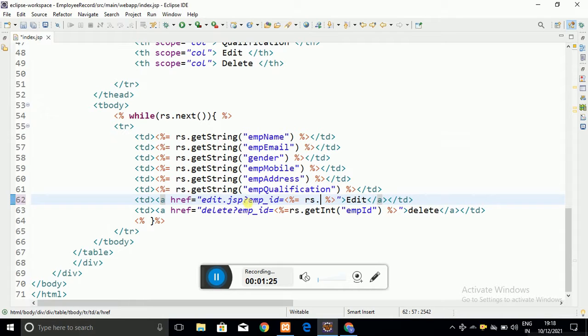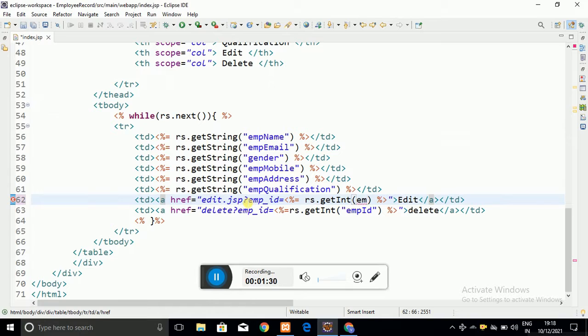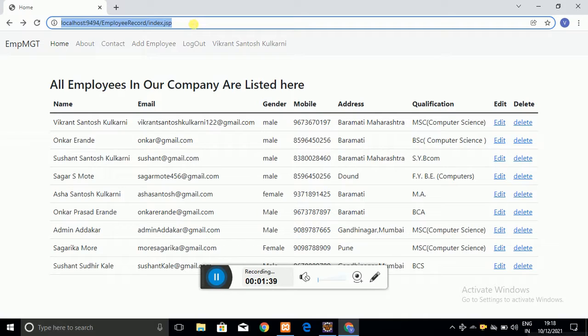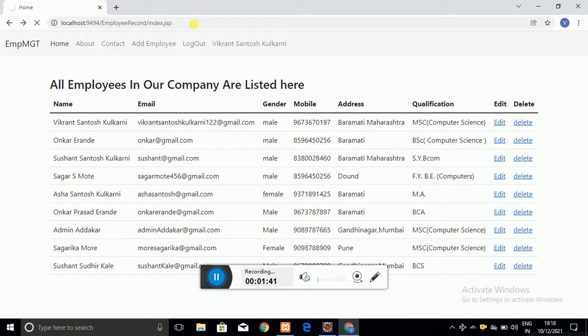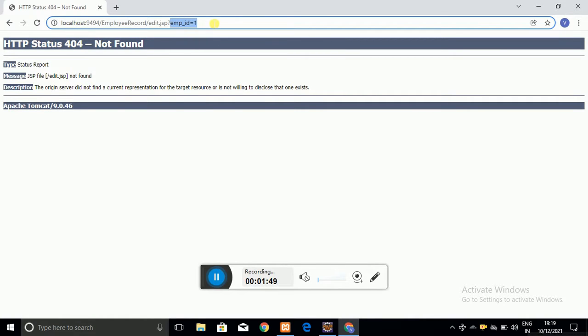So result set dot get string, get integer, and employee id, which is the column name, as you can see. By making use of that, when I refresh the page, you can see in the query string the employee id I got.